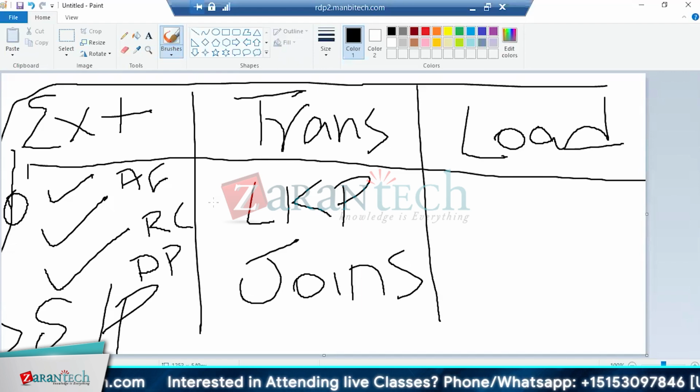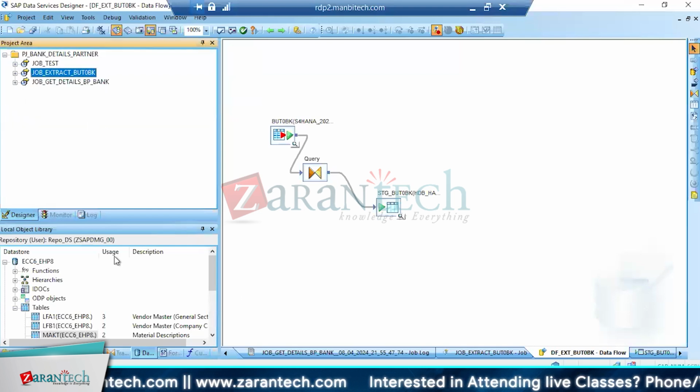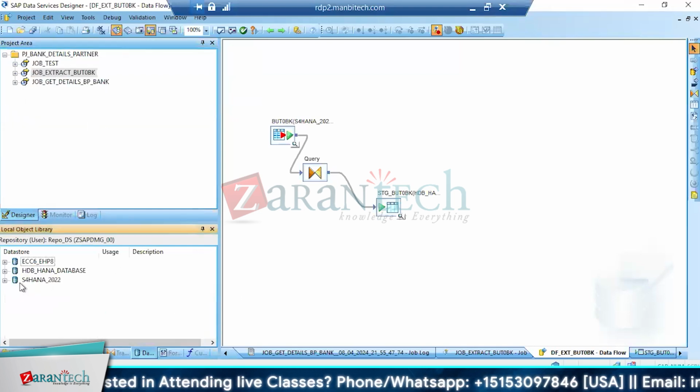If you go by IDOC, you now know how to map it. If you want to go by BAPI, I have already shown you a simple BAPI. One example: suppose somebody asked me, can you load bill of materials? And this is